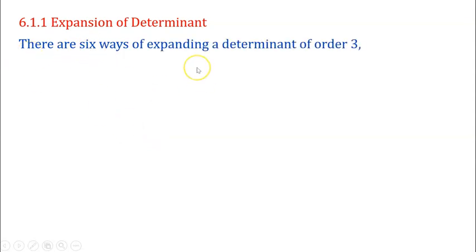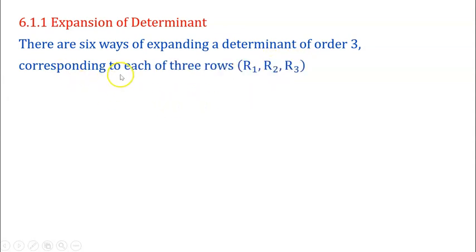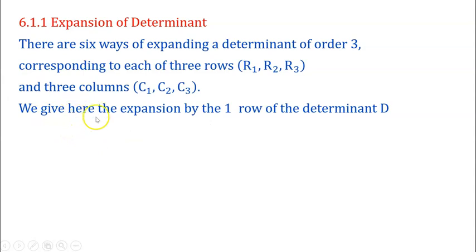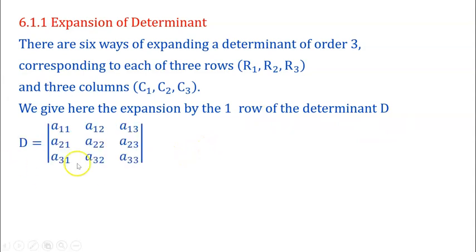Now the expansion of the determinant, see this here. There are 6 ways of expanding a determinant of order 3 corresponding to each of the 3 rows R1, R2, R3 and 3 columns C1, C2, C3. We give here the expansion by the first row of determinant capital D. Here this is the determinant. By using the first row,